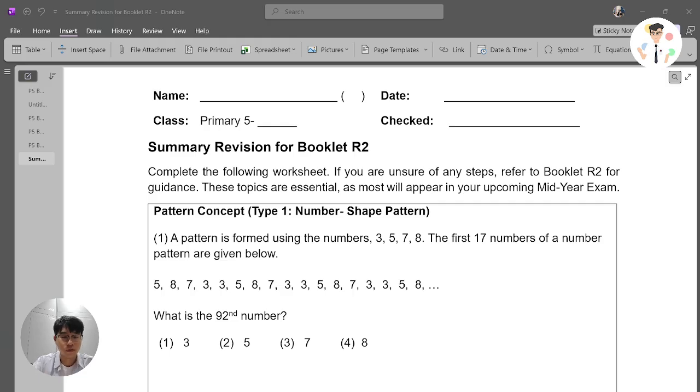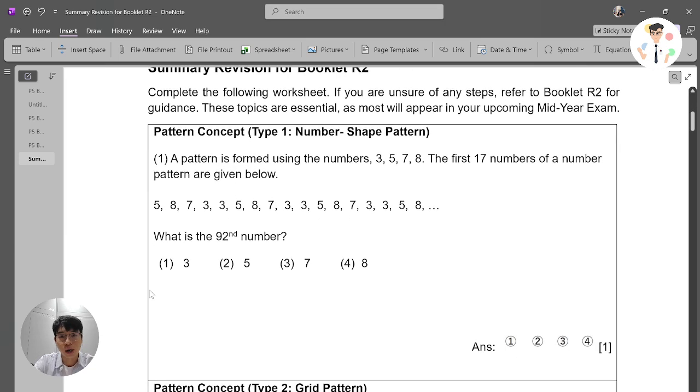Okay? Now feel free to skip to the question that you're not really sure how to do, or the question that you did wrongly. Okay? Or of course, if you want to do a quick revision for the whole Booklet R2, feel free to watch the video. Okay? Now let's look at the first question, which is from the pattern concept type 1 number or